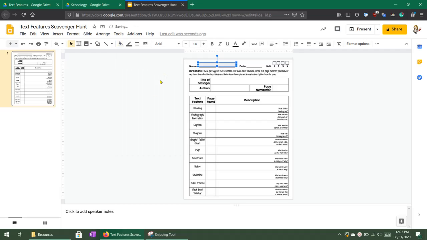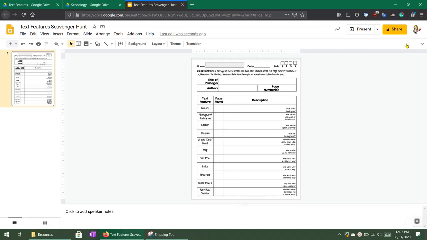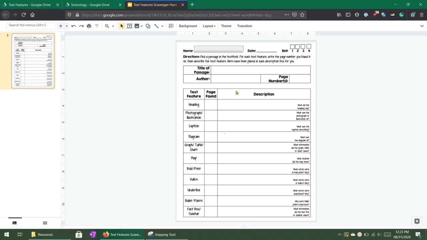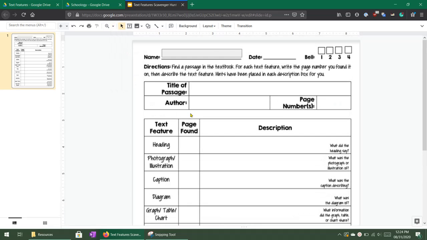Let me actually make that a little bit darker. Now, if you're having problems seeing because it is so small while zoomed out, there are a couple things you can do to make your view larger. First, you can come over here to this little arrow. This is going to hide that top menu bar, which gives you more room. You can collapse the speaker notes, which also gives you more room. And then last thing is you can use the zoom in, and you could zoom into 100%